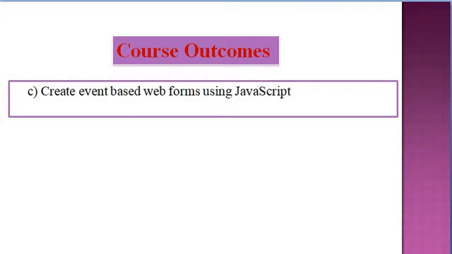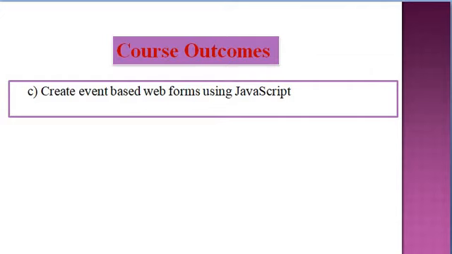Like this, after completion of this chapter, students will be able to explain all the things related to chapter number 3, that is form and event handling. So the course outcome of this chapter is to create event based web forms using JavaScript.